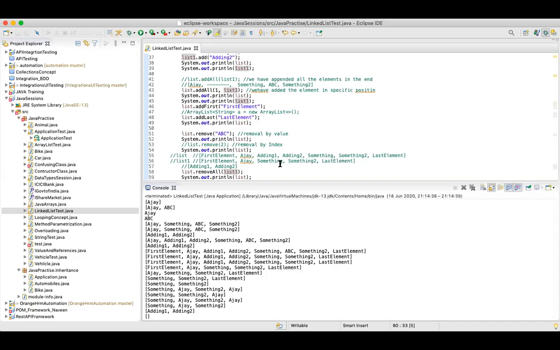When I say slow, you won't notice the slowness when you are reading, let's say, 5 to 10 elements in an array list or in a linked list. When you print or remove, if you perform these operations, you won't be able to see the slowness, because it would be so minuscule that it would be difficult to observe. But yes, there is slowness. Linked list is faster than array list because it uses a doubly linked list, so we can access from both sides. We have the first and we have the last.